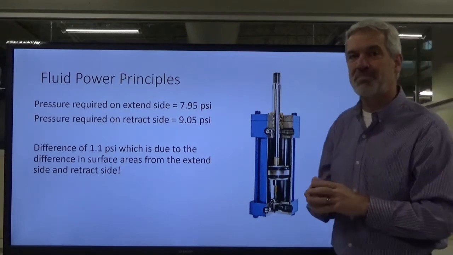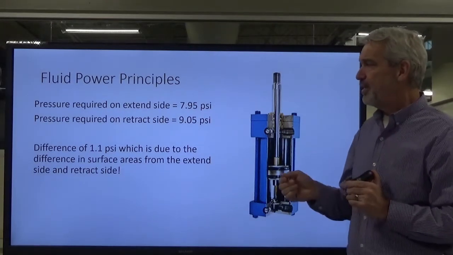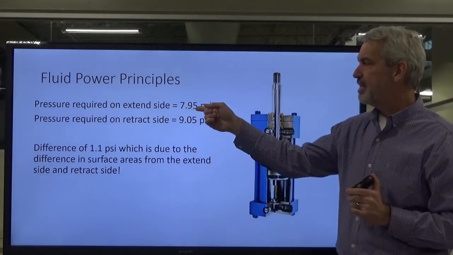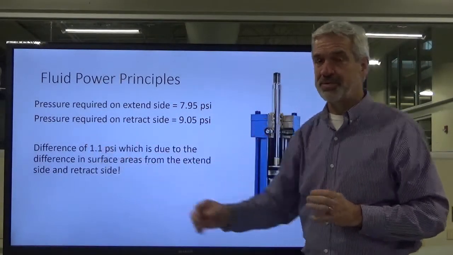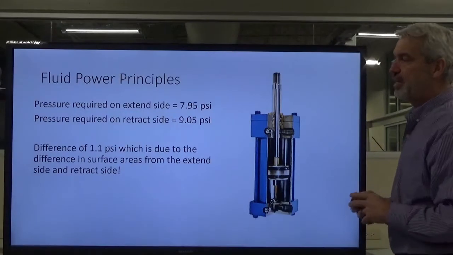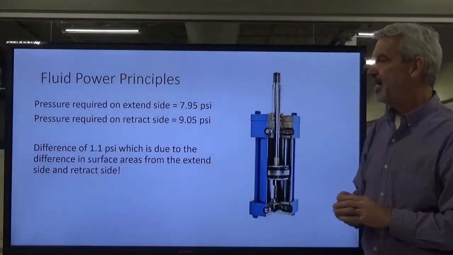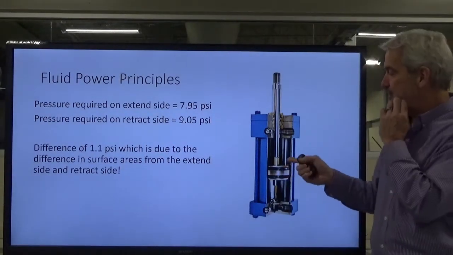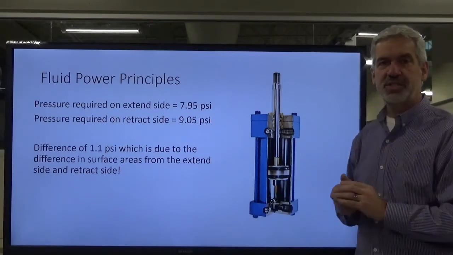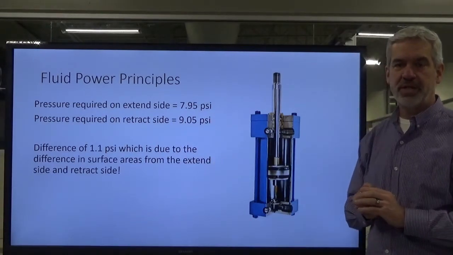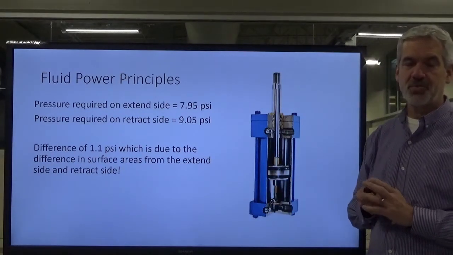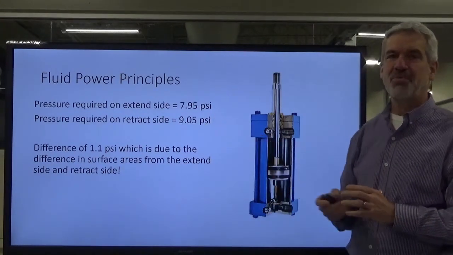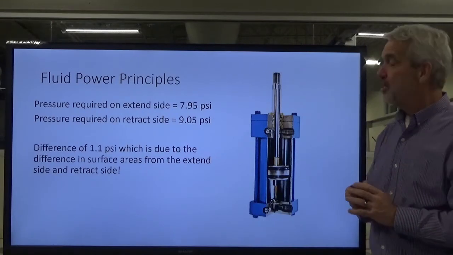If we didn't change the pressures, if we had a system set at 7.95, it would extend it and it would not retract it. It would try, but it would stall, okay? So there's a difference of 1.1 psi that's required to get the cylinder to extend that wedge on the log splitter, as opposed to how much is required to bring it back, which is 9.05 pounds per square inch. So you can kind of see